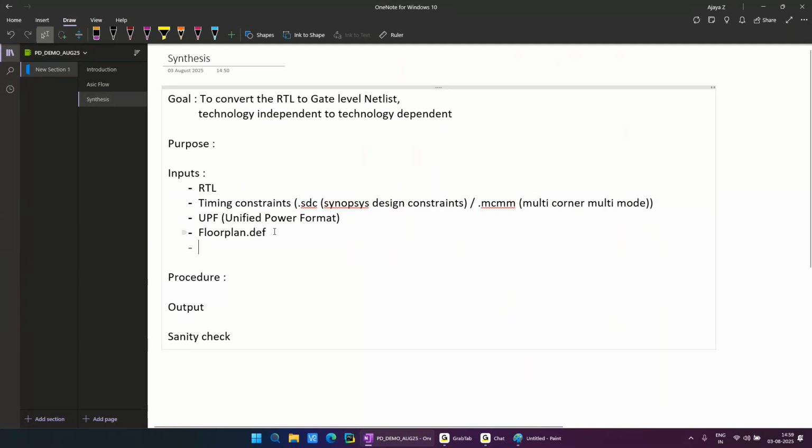Based on the type of synthesis you are going to provide, the area information is provided using floorplan.def. Next, I want to convert technology independent to technology dependent, and also convert RTL to gate level netlist. The gate level,